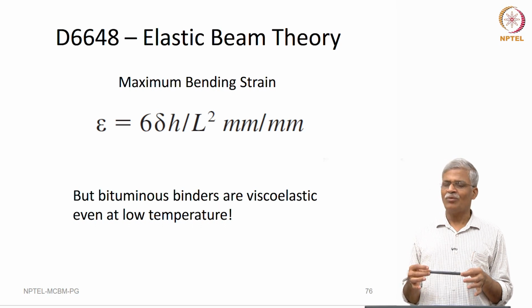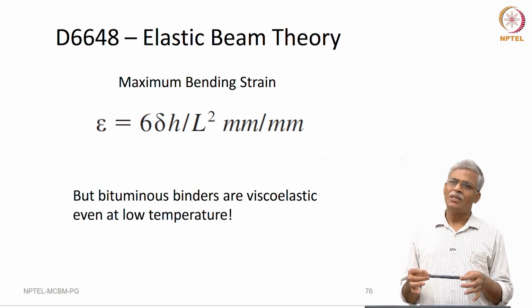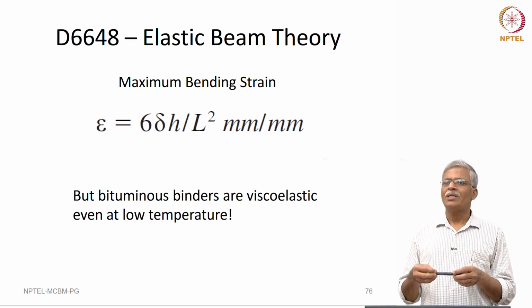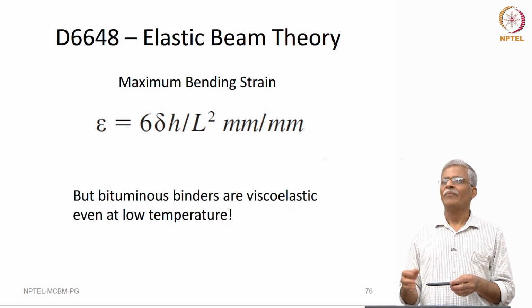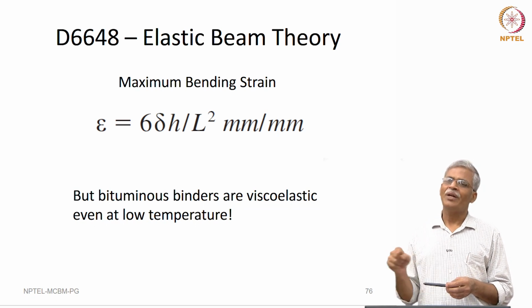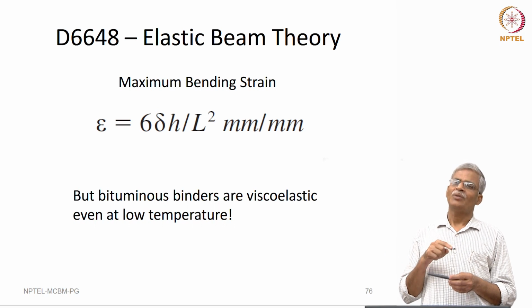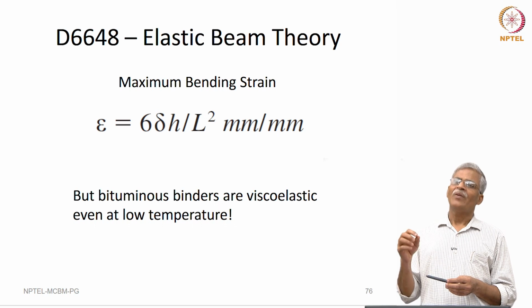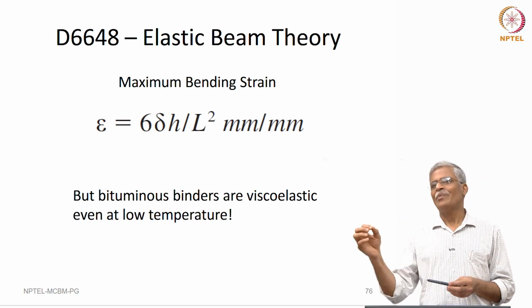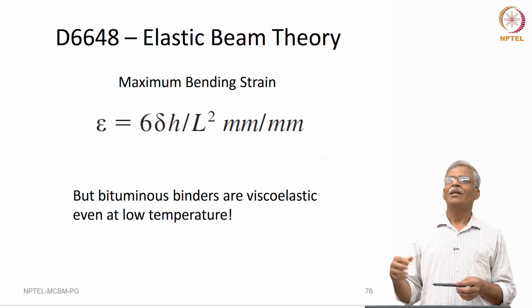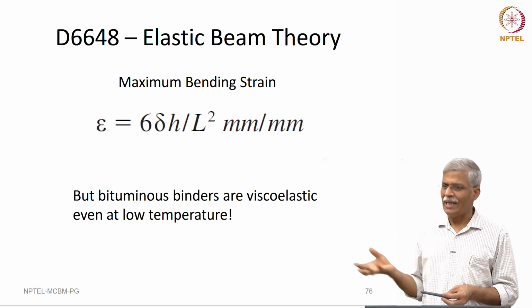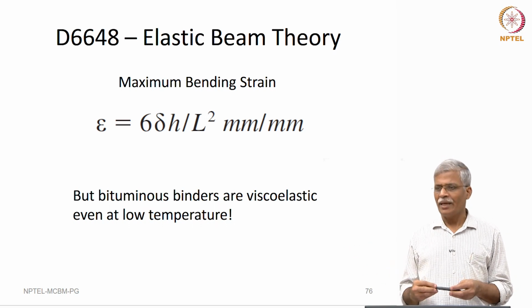In fact, the idea of this low temperature PG is you take any material, subject it to a very small load, and see how it is sagging and when it is cracking. So, if we could find out the evolution of the deflection as well as the stiffness, we can clearly find out where the maximum change is happening, and it is more or less the point at which the beam is going to catastrophically crack. Okay, so that is the whole idea, right?